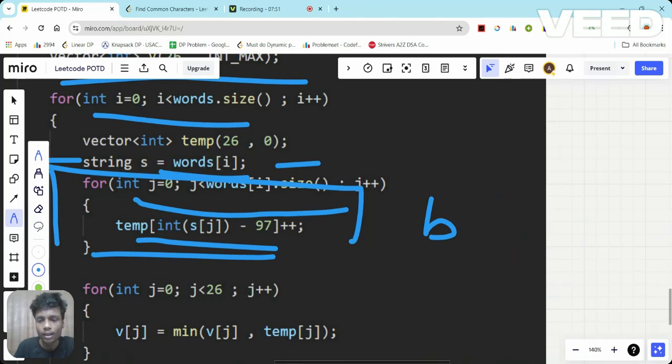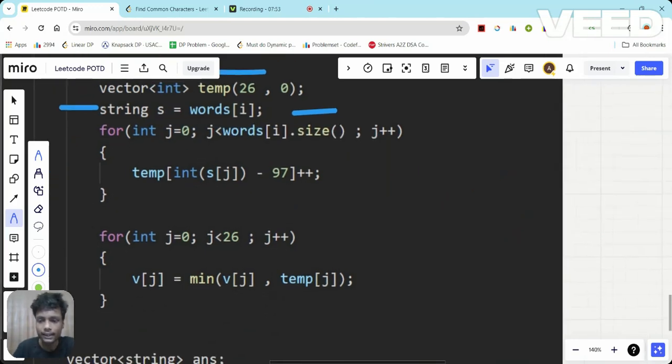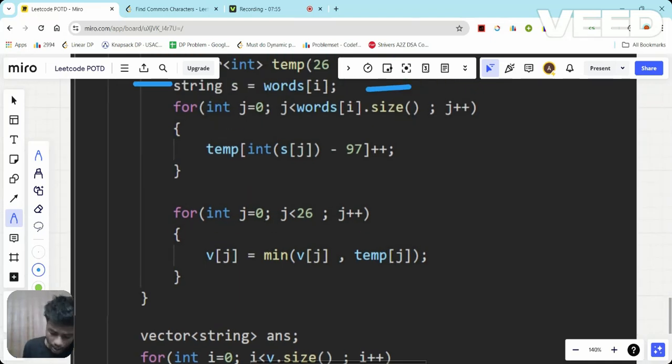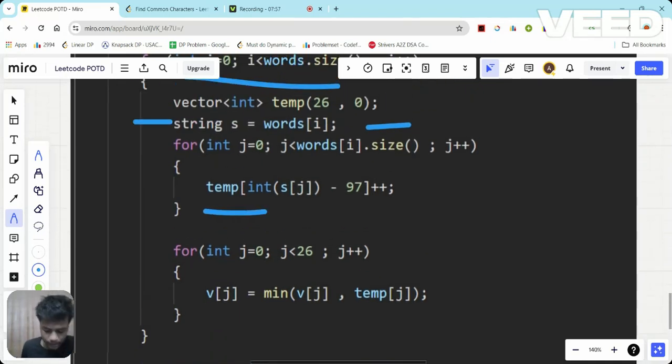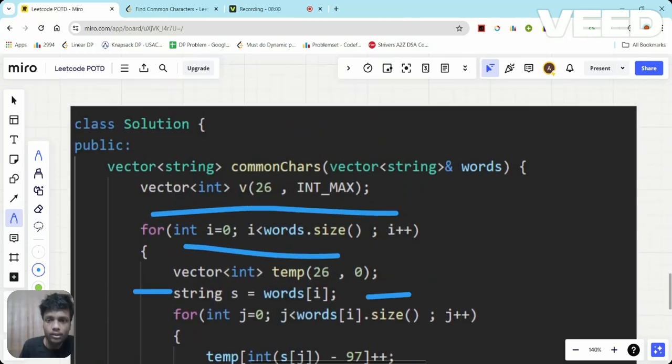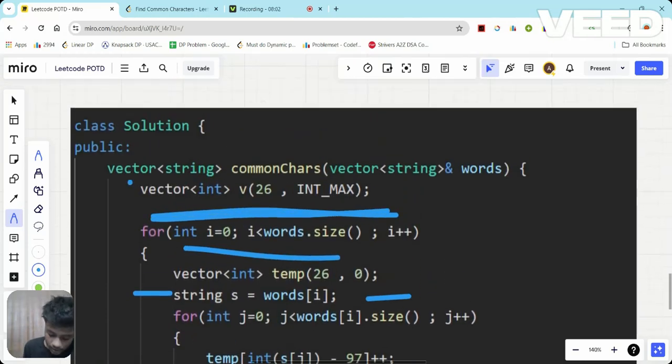Now let's see what I am doing next. I got the temp vector completely, initialized with zero. Vector v had the value INT_MAX because I want to store the minimum values in it. Firstly, I stored the maximum, high values.